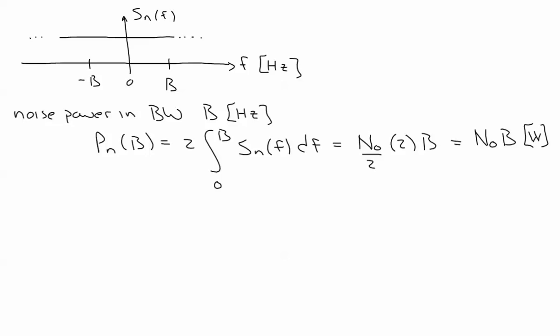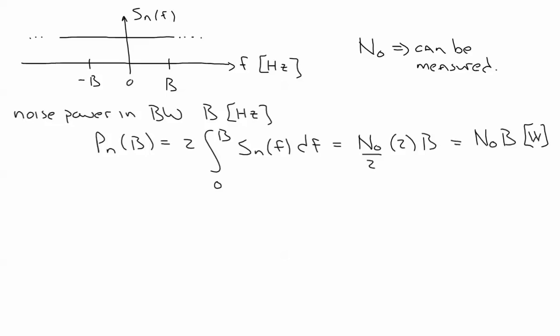Well, it turns out you can design an experiment to pass a white noise process through some reasonably ideal low-pass filter, measure the power passed through that filter. You know the bandwidth of that filter. You can divide the power by the bandwidth, and I will get access to N0. So N0 can be measured. All right, not going to get into the details of how we would set up an experiment, but let's just suffice it to say that N0 can be measured.